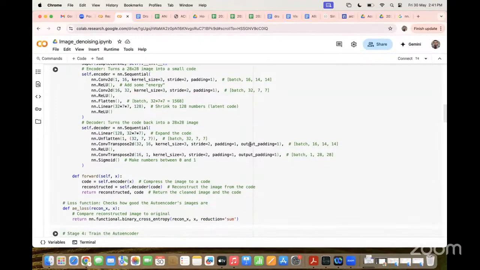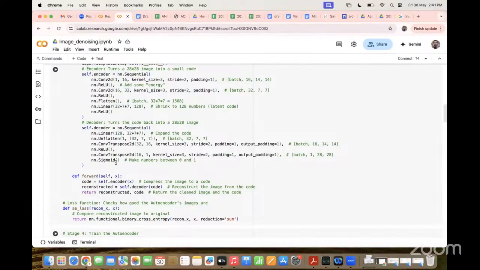In the decoder, it will be exactly complementary. We'll first make a linear transformation back, unflatten them, perform the transpose convolution, pass it through ReLU, once again transpose convolution of the complementary sizes, and then we'll squeeze the values between 0 and 1 by using the sigmoid function, because in the input of the MNIST, if you have experimented ever, all the values lie between 0 and 1.